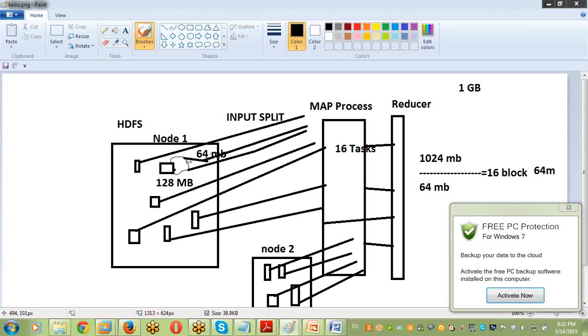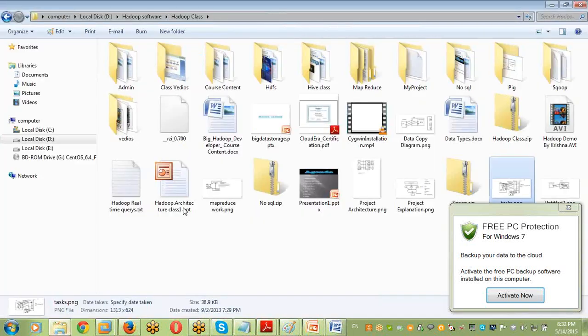Decrease the split size. How to decrease the split size? Different ecosystems have different components. For example, I want to decrease the split size in Pig.